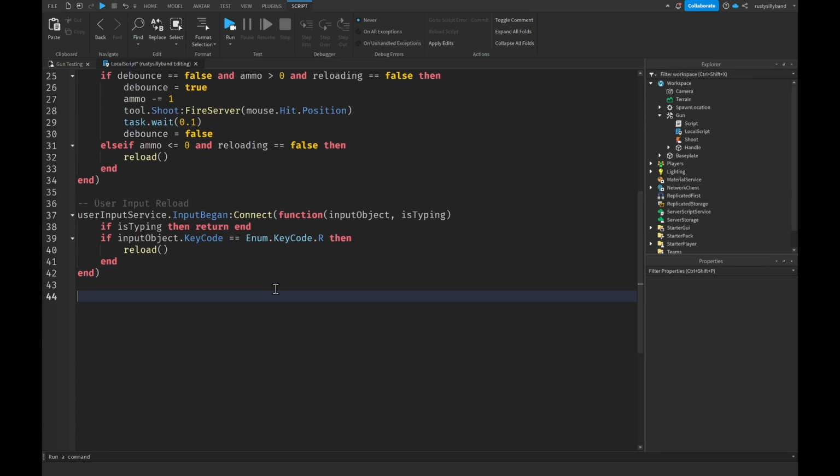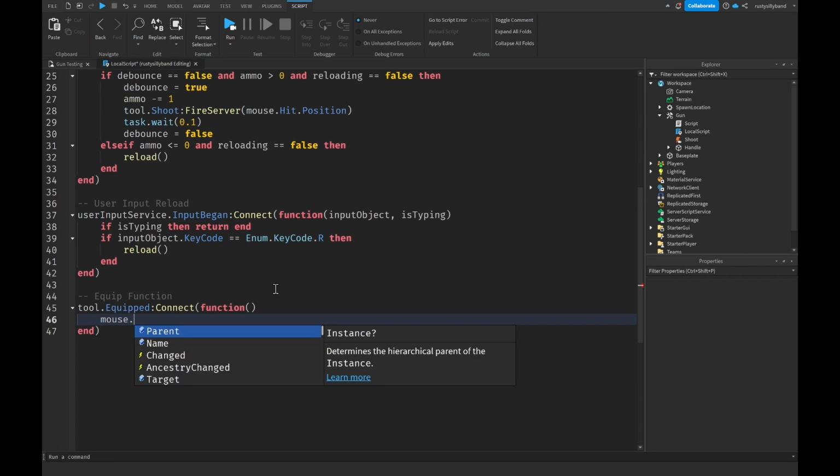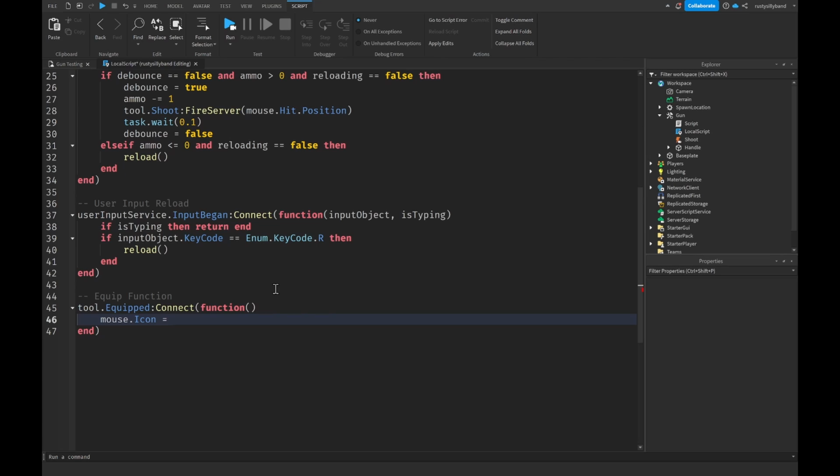Now getting close to the end of our script here, we're going to make an equip function, and then we're going to say tool.equipped, and then we're going to connect a function to that. So whenever our tool gets equipped, we're going to run a function right off of that. We are going to be playing a sound and stuff whenever this happens one more time. However, if you would like to change the icon of your gun, you can feel free to do that by saying mouse.icon will be equal to quotation marks rbxassetid://